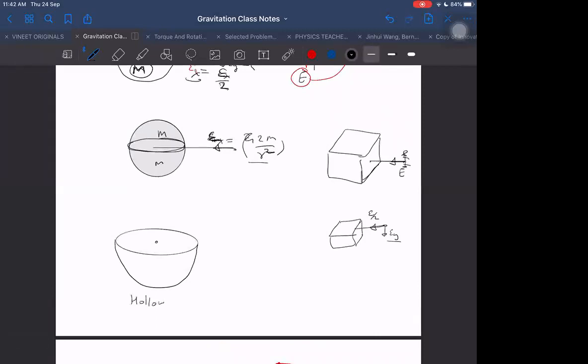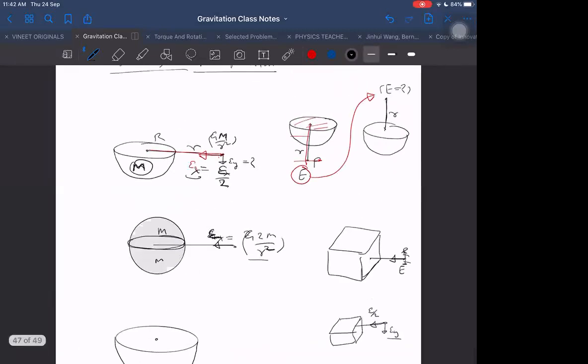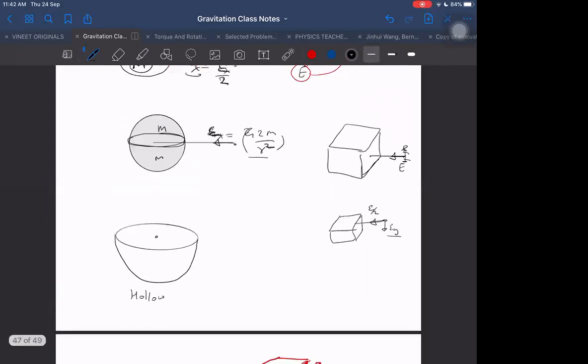This is a hollow hemisphere now. Above cases I discussed for hollow, valid for solid too, but uniformity is important in such cases. The formulas we are applying are valid for uniform density. I told, I think in the beginning of this class, that whenever I don't say uniform but just give some shape, you assume it to be uniform only. Hollow sphere at this point P here. This is a very interesting question. I don't know if you will be able to answer or not. At this point P here, what will be the field at point P? It is an interesting question.